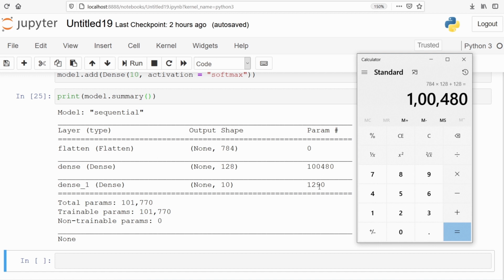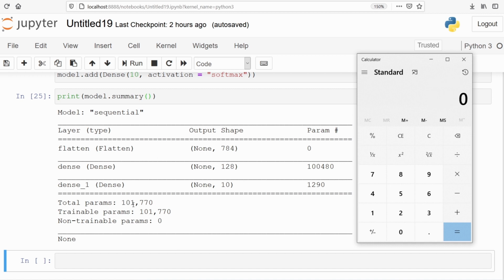And for this value 1290, what we are doing is multiplying 128 into 10 and adding 10. I'll show you this. 128 into 10 plus 10, 1290. So this is how the parameter value comes.